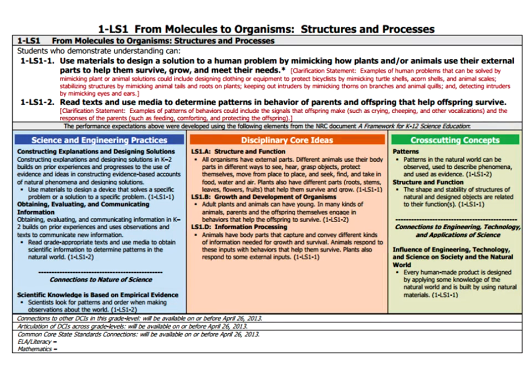I hope all of you have seen the architecture, but just in case you haven't, this is an example from first grade. You will see that 1-LS1-1 is a performance expectation. It's what many states will call a standard. That is the accessible component. So use materials to design a solution to a human problem by mimicking how plants and or animals use their external parts to help them survive, grow, and meet their needs. It's an engineering aspect, but it also has a very clear content